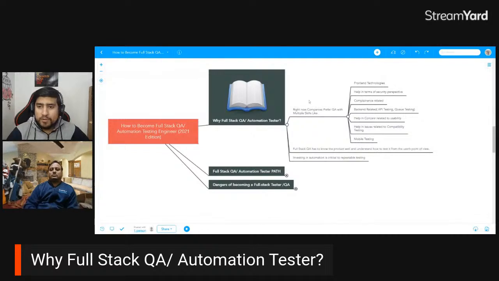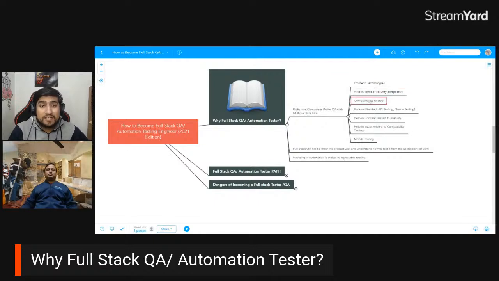So if we talk about it, as Chandan has already discussed, right now companies prefer QA with multiple skills rather than focusing on only one skill, like functional testing. For full stack QA, people expect you to have an understanding of front end technologies, and to help in terms of the security perspective that we have discussed.